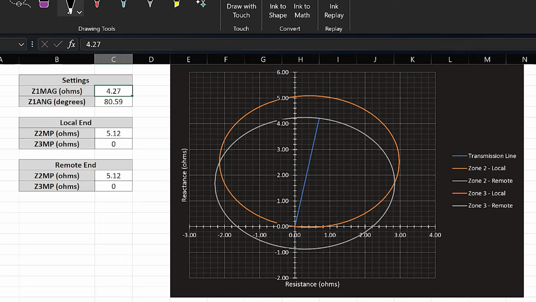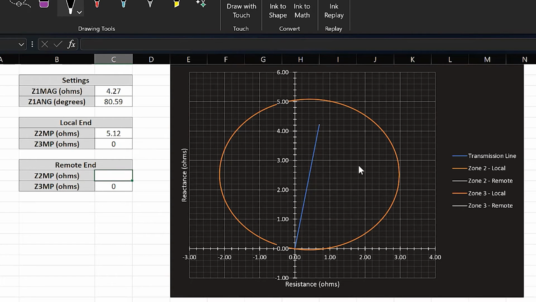So let me get rid of this. Now what we need to do here is again implement our zone 3, which is going to be reverse looking, which will send a blocking signal to the remote end, preventing it from tripping when it picks up. Now the reach of the zone 3 is somewhat arbitrary, with the constraint of course that it must reach beyond the overreach of the zone 2. So let me actually get rid of the remote zone 2 so that I can show you that. So I'm getting rid of this, and here again, this is the local zone 2,